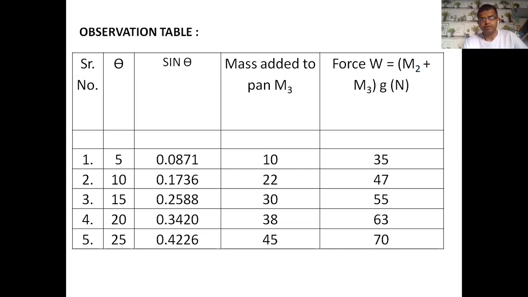Some ask me, sir, how is it possible to get 10, 22, how can this value come? Here we have written 5 values, but in the live videos I am showing you angle 5 and angle 10, and that way you will see how 10 and 22 are possible. The first video shows an introduction to the instruments, and the second video shows the live practical. So now everyone enjoy the live practical demo, and after that we discuss the remaining points.